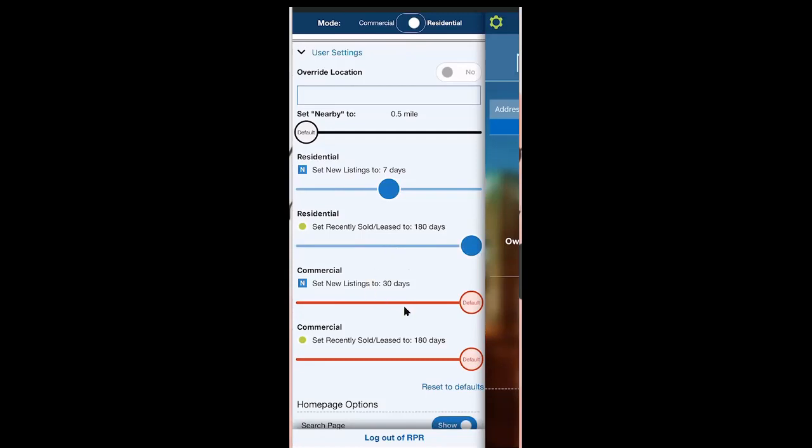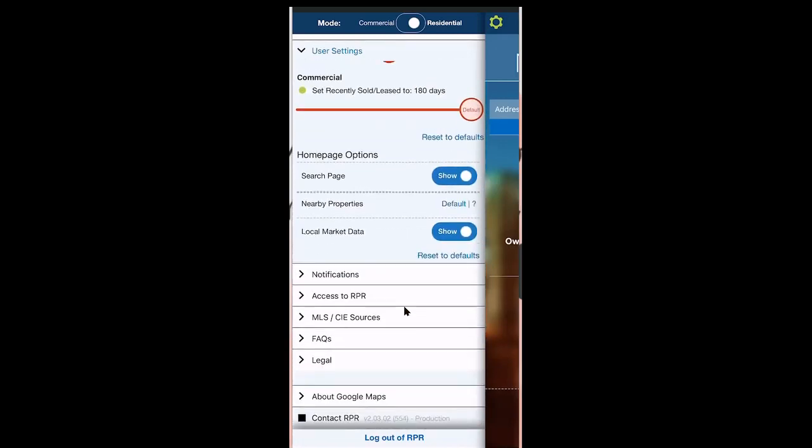Okay, for commercial, you have the same options, so you can set that as however you'd like. But again, this carries over from what you did on the computer, and what I changed now will be reflected when I'm on the web-based version as well. My homepage options, those 3 screens that I showed you, you can actually remove some of them. So if you're not interested in seeing those 3 screens, you can toggle from show to hide to get rid